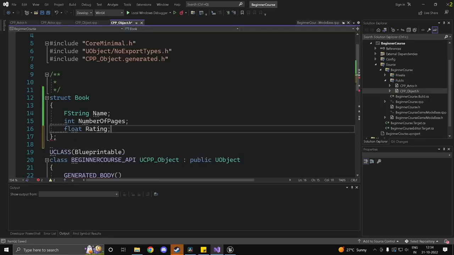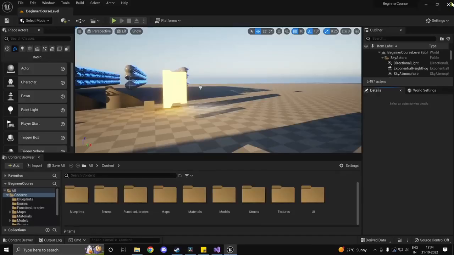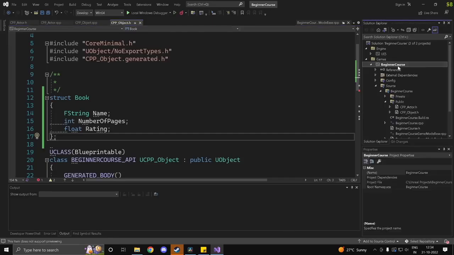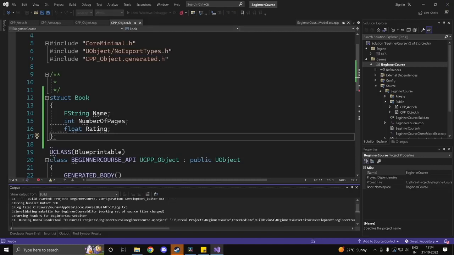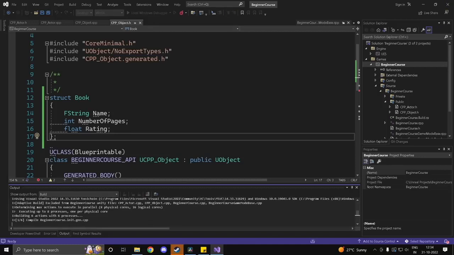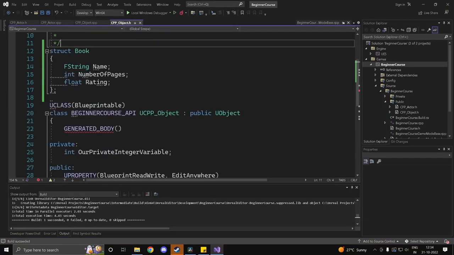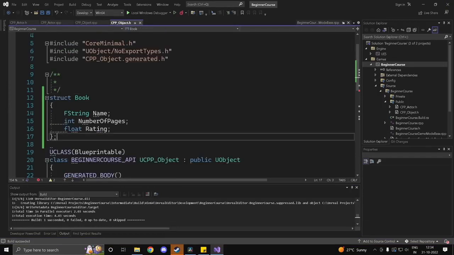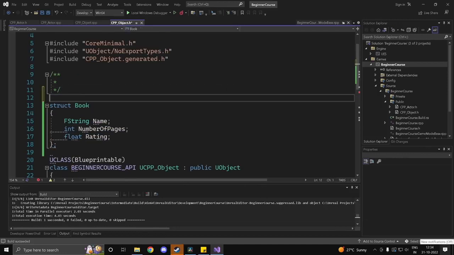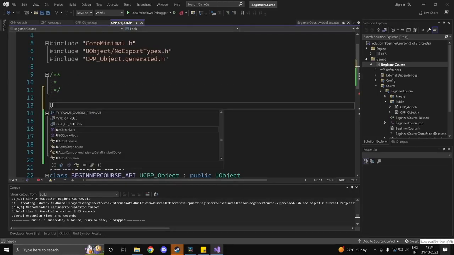Alright, we have a really basic struct over here. Now if I go ahead and build this, actually, so I'll close my editor. If I go ahead and build this, you would see that it would build successfully. However, obviously, as you would expect, you cannot access this struct in the editor because we haven't used the Unreal macros. So in order to use this in the editor, you call USTRUCT,